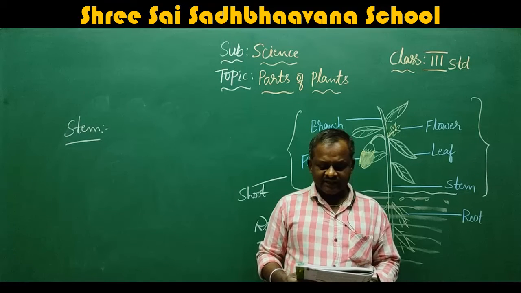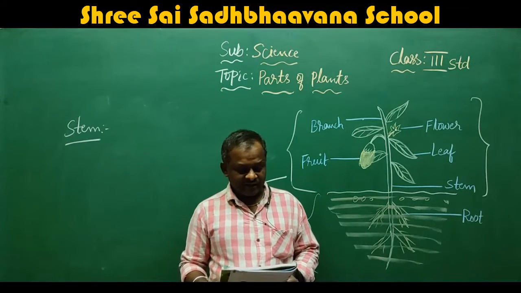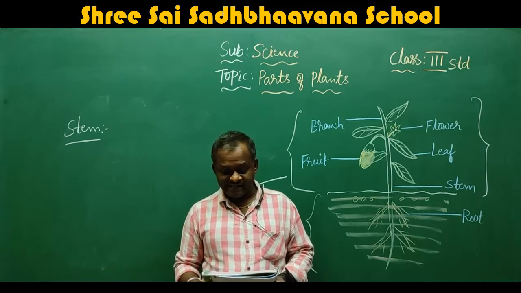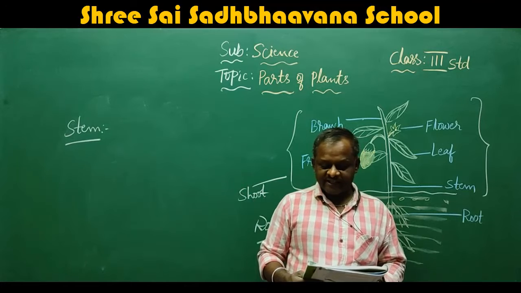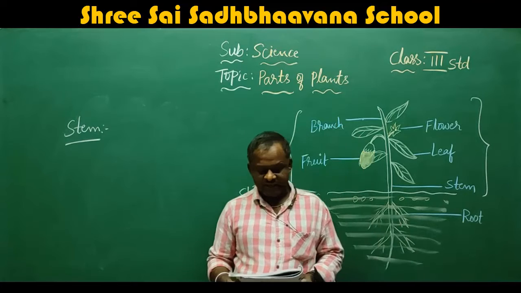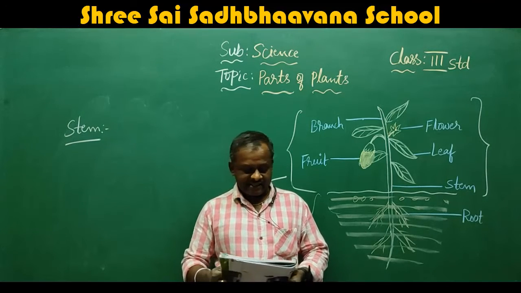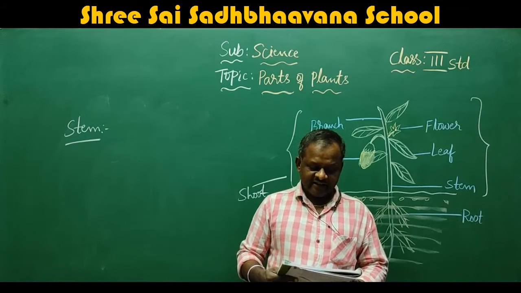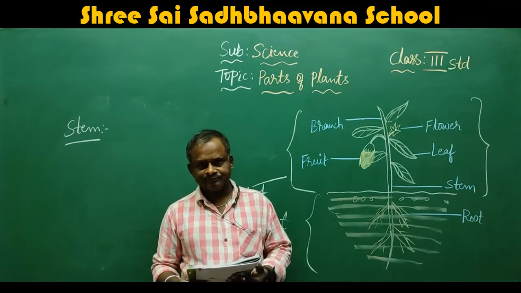Water is also carried to the leaves by the stem. The water absorbed by the roots travels through the stem to the leaves. In the same way, the stem carries the food made by the leaves to different parts of the plant. In some plants, such as sugarcane, extra food is stored in the stem. In some plants like potato and ginger, the stem grows underground and stores extra food. That is why we eat the stem of potato, ginger and sugarcane.